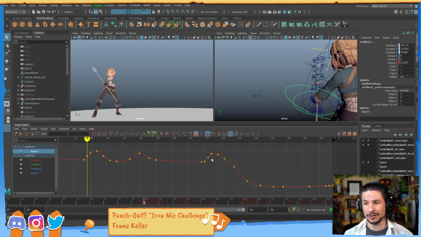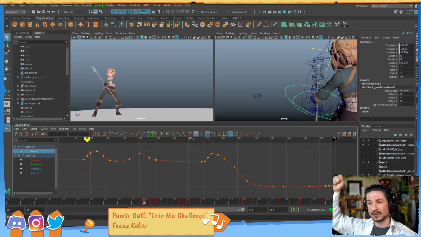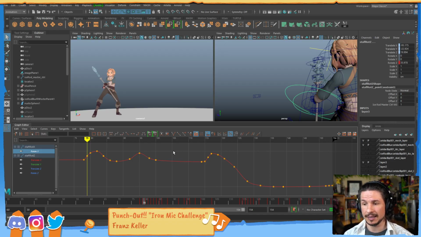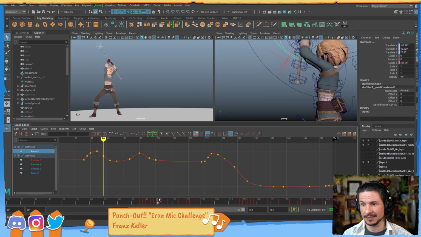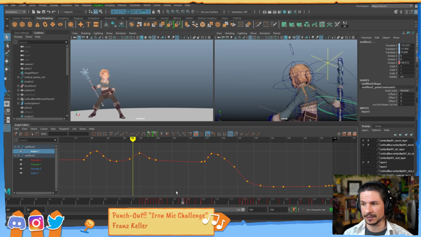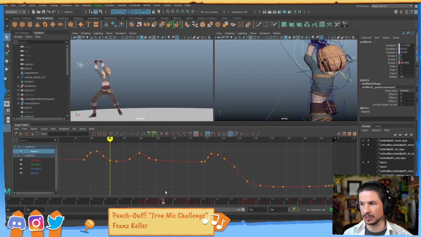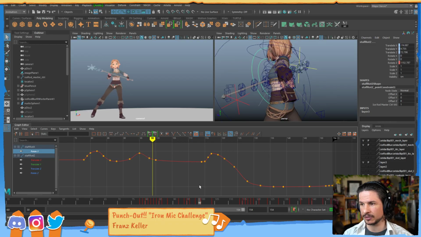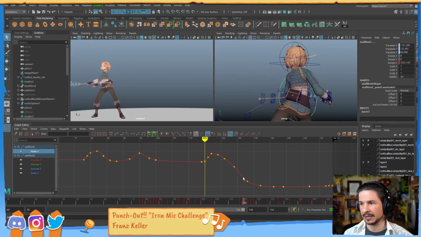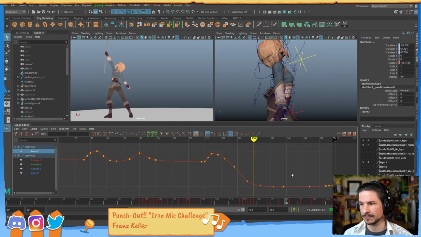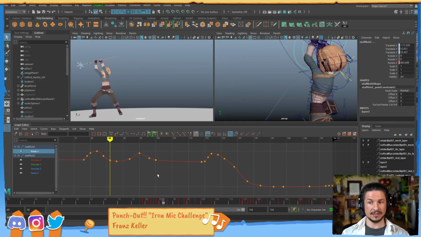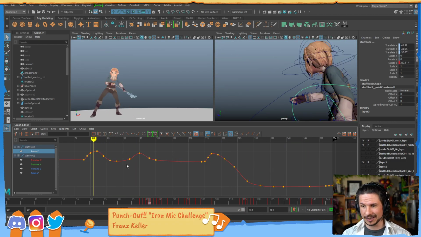There you go. Rotate X. This is her spinning it forward and back, which means that there is a switch in direction. She goes forward and then back and forward and back. And look at that. We actually see those moments right there. There it goes back, then it goes forward, and then it goes back again, and then it goes forward and back. It's all there. Nice and clean. And look how simple those curves are compared to,